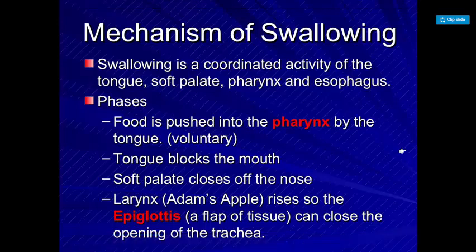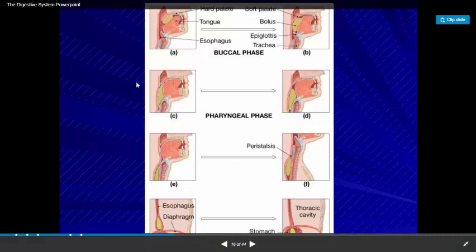Okay, so swallowing: the tongue helps, the soft palate, the pharynx, and even the esophagus. All of them contribute to pushing the food that you just chewed and mixed with saliva into your pharynx, and then it goes down into the esophagus. Look here, let's see the bolus of food. Here the tongue is going to push this bolus over there, and then over here, and then over there. It takes its time until it passes through the esophagus and then all the way down the esophagus to the stomach.